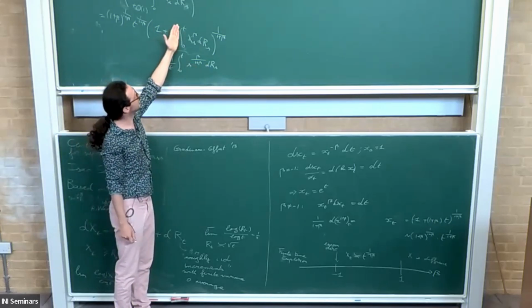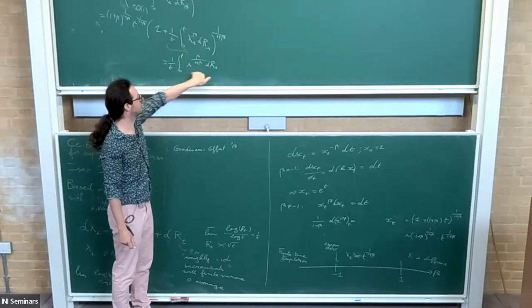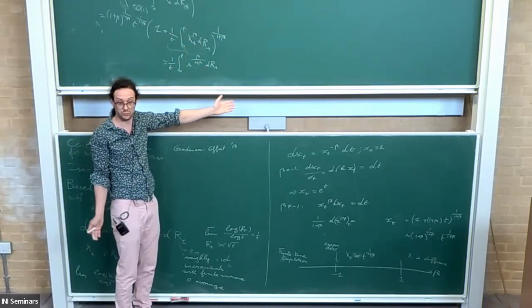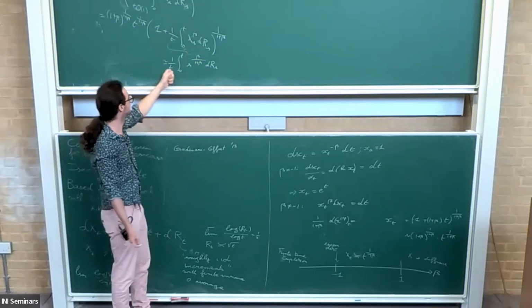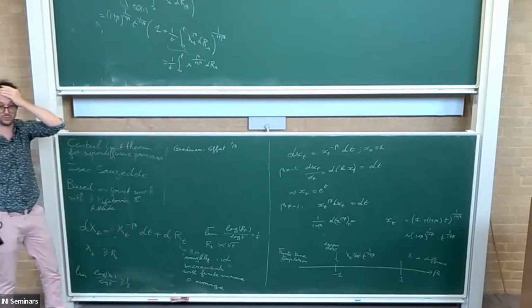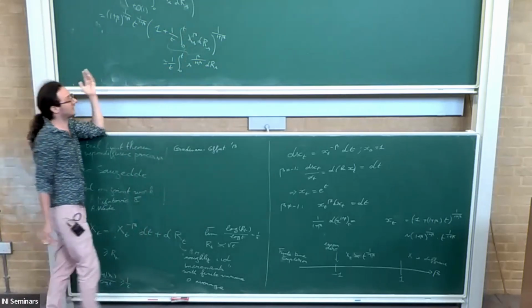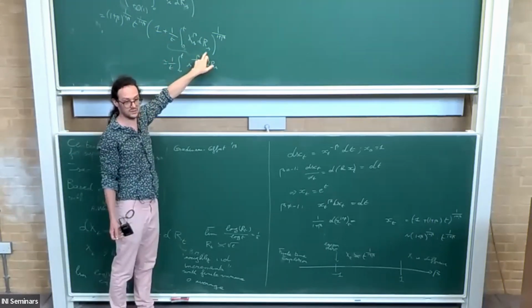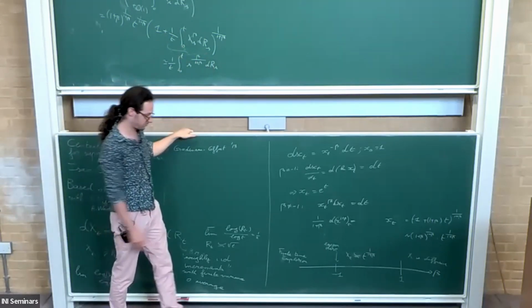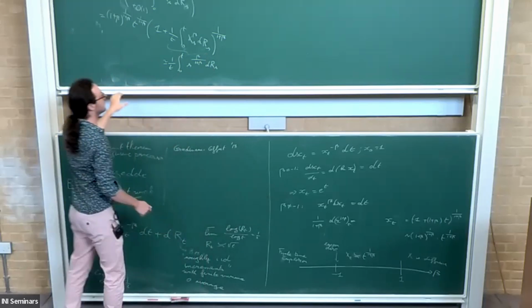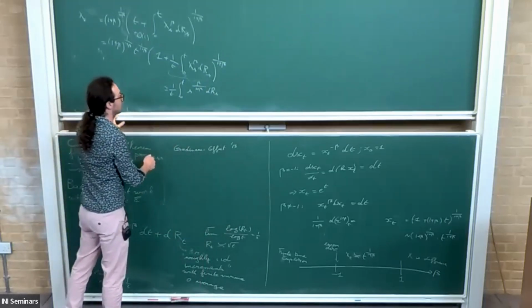And so this thing is going to converge toward a constant, this is going to converge toward a constant, but they have no reason to be the same. So in that case, this asymptotic estimation will be bad. On the other hand, if this integral is infinite, then you can use this asymptotic estimation. So here we have essentially